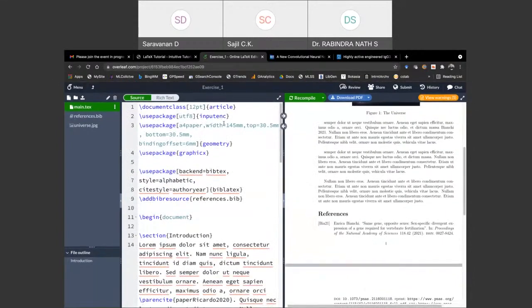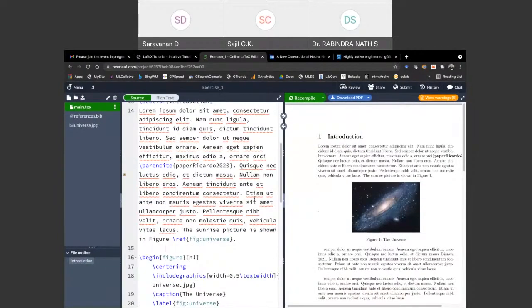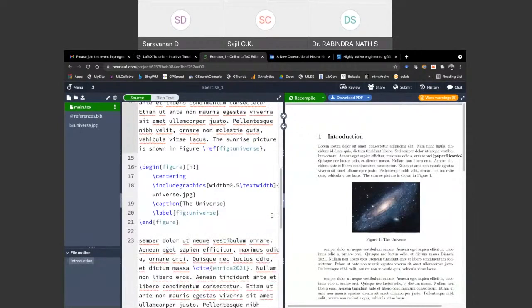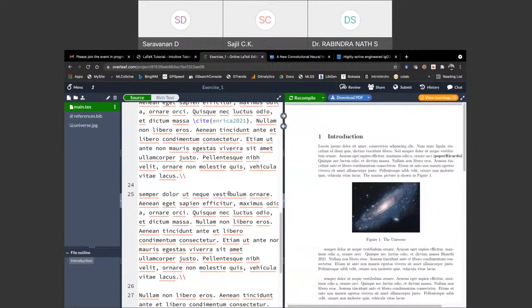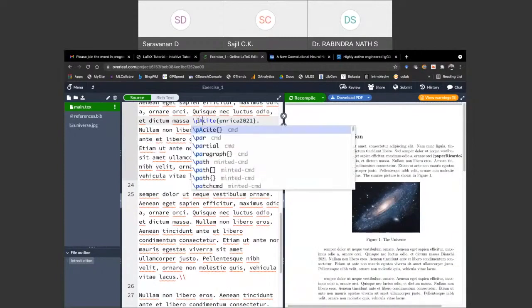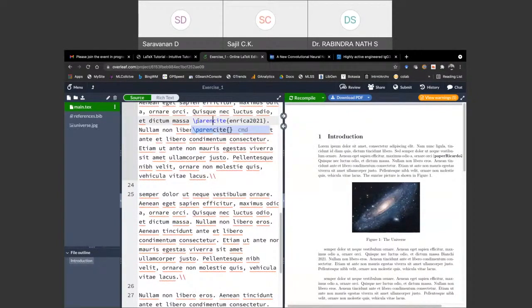I have given alphabetic and author-year. When I am using author-year, I need to cite it with parenthetical cite, I think. Since I am citing in author-year format, cite.